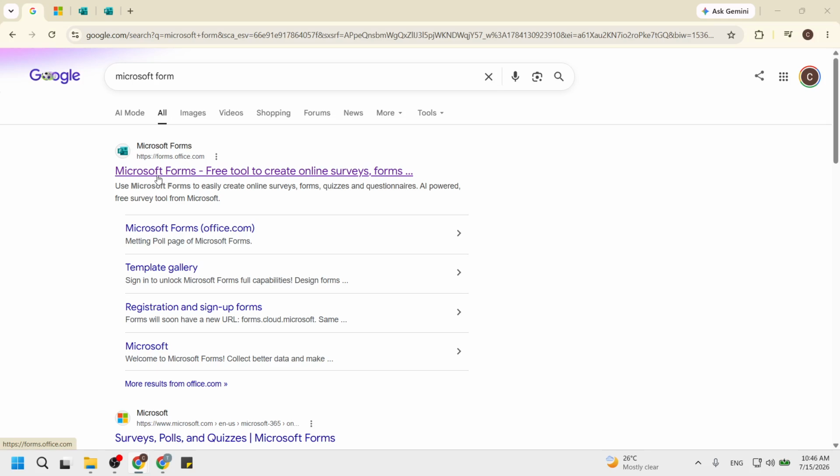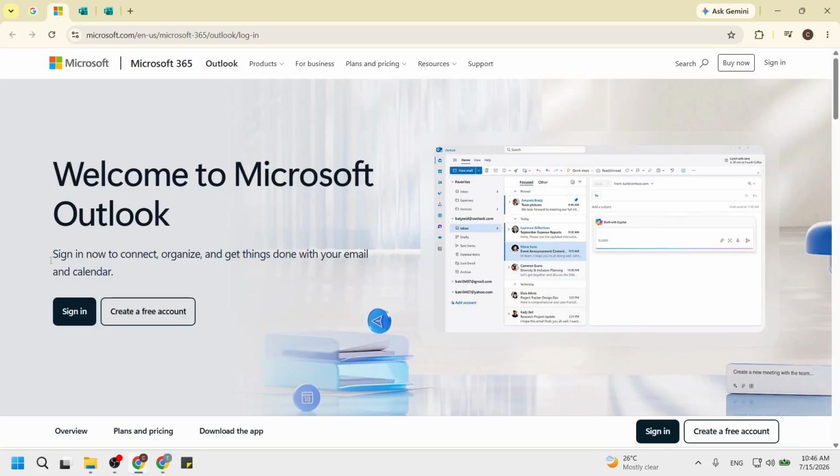for creating your quiz. Next, click the correct link and log in if prompted. If you have a Microsoft account, enter your credentials. If not, you may need to create an account. Logging in is essential because it allows you to save your work and access your quizzes later. Once logged in, you will be taken to your Microsoft Forms dashboard, where you can see any existing quizzes or